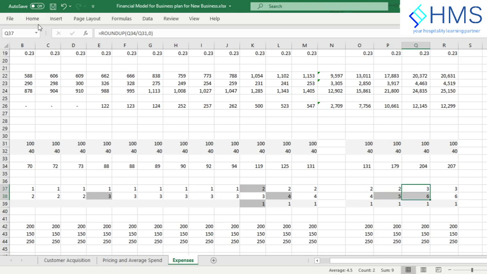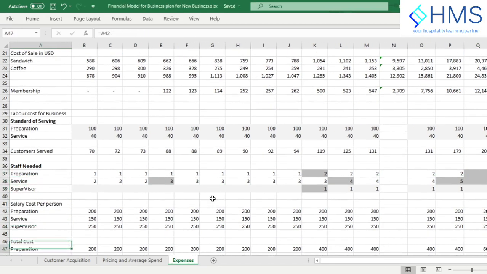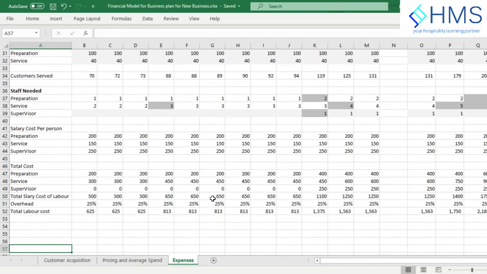So it will help you to understand, and not only explain why you need more people and when, but it will also help the business to plan what they are going to hire, when they should start the hiring process, based on the business levels. And here they already know the cost, how it is increasing